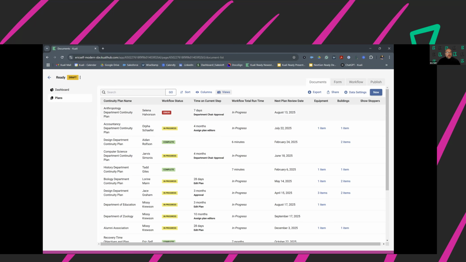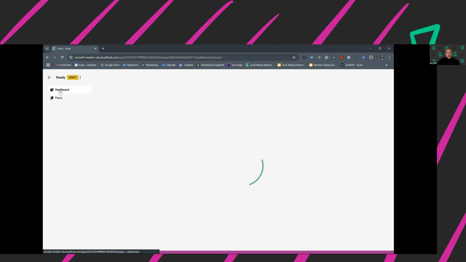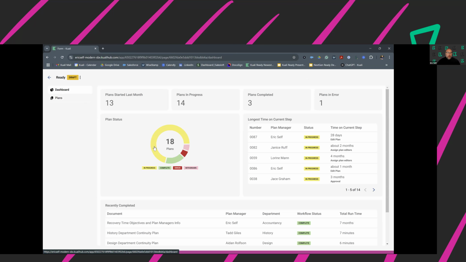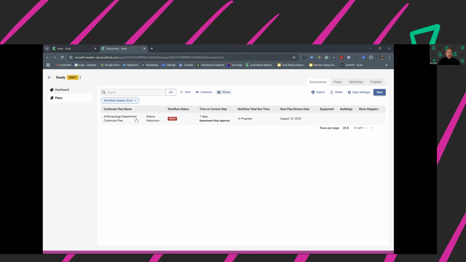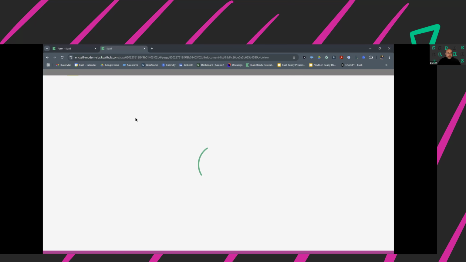But what's nice about this is, for all the visual people, what we just looked at, we have the visuals for you, so you can drill down into all those things that I was just showing you, right? So if I say, oh, there's an error state here, what is going on with that plan? So I would pull up that plan and I would say, okay, well, let me see. It says that there's an error state, but I need to investigate a little bit more. So I would pull it up.